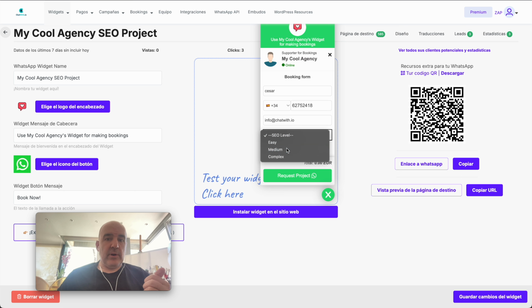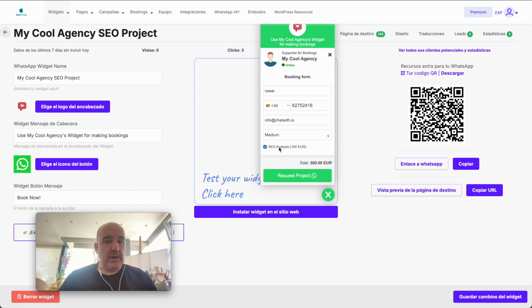And in this case, let's say you have 3 levels of services. This is 200, and I want SEO analysis. So I can choose different services with different prices and different options. The widget can become a calculator. We have other videos where we explain this step by step, but for now, let's focus on how we connect this to Jetpack CRM. So the idea is we have the widget, the user requests a service, and instead of creating